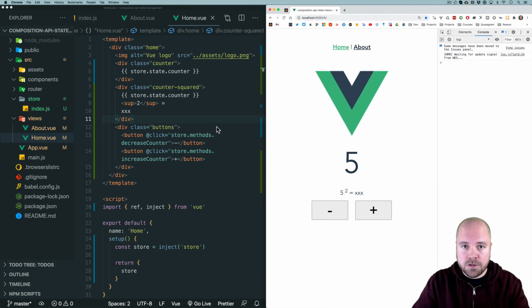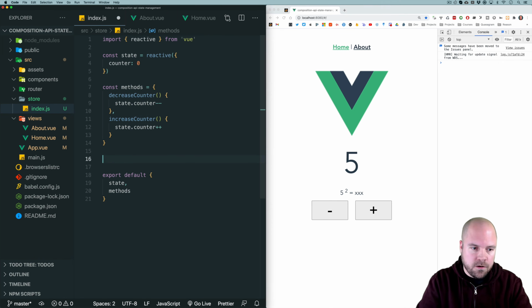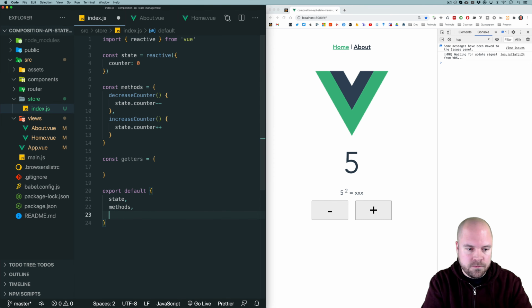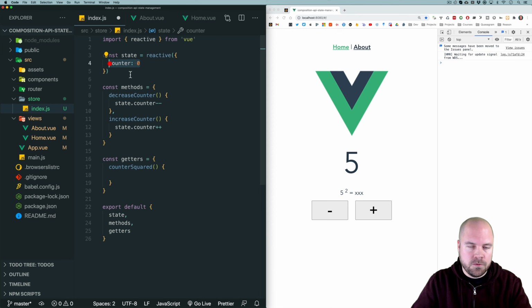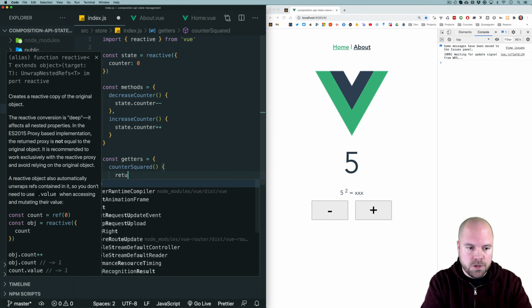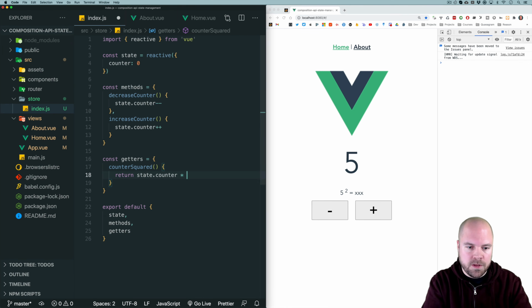So let's create a getter, which will grab the square of our current counter. So I'll jump back to index.js, and I'm going to create a new object here called getters. So const getters equals an object, and we need to export this, so we'll add that here as well. Let's create a method in here called counterSquared, and we just want to return the counter multiplied by itself. So we can just return state.counter multiplied by state.counter,